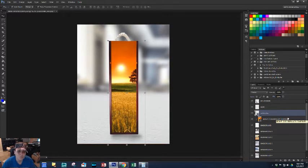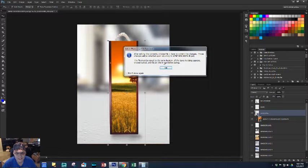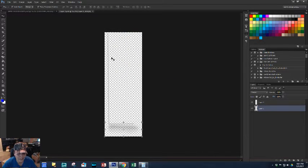If you wanted to modify a smart object, I can't tell you how many times people ask that. All you do is double click on the smart object thumbnail, and it's going to ask you if you want to open it. Hit OK, and here's your smart object. Any changes you make here and you save,